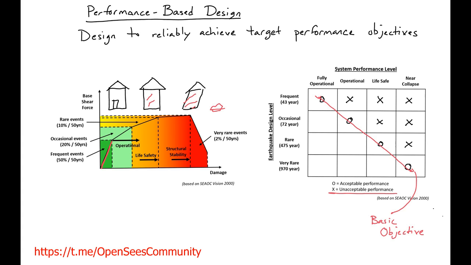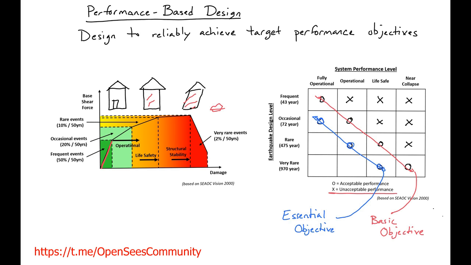So we'll also have what we'll call an essential objective. And this is for more essential buildings and infrastructure. So in this case, for essential structures or buildings deemed essential, if we're at an occasional event, then we're fully operational. And you can see for a rare event, we'd be operational, and a very rare, we're still only at life